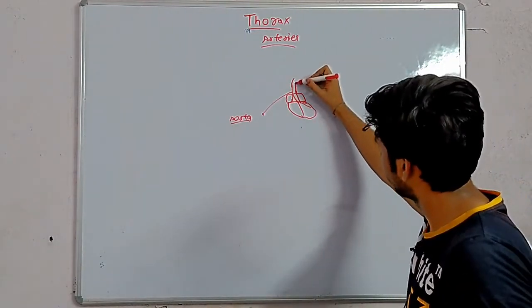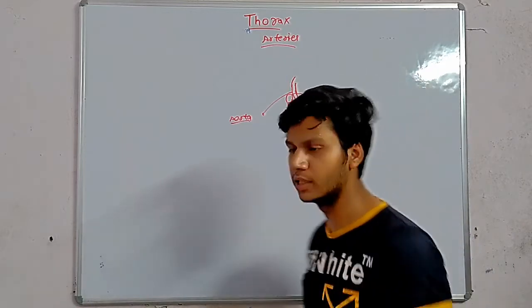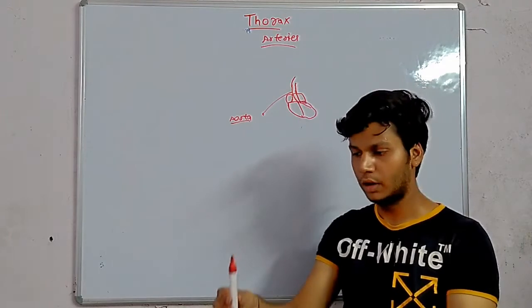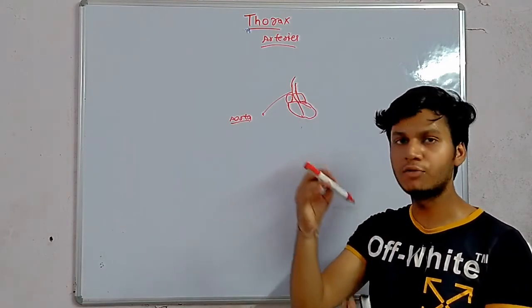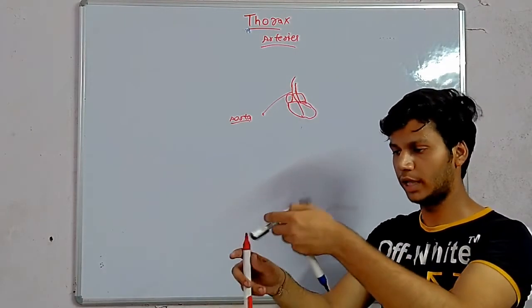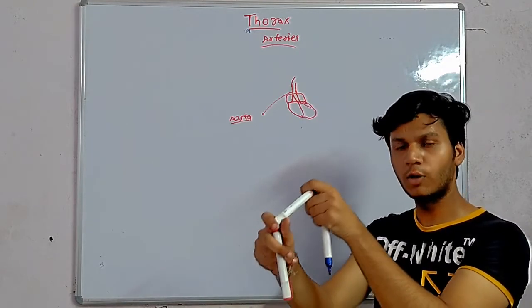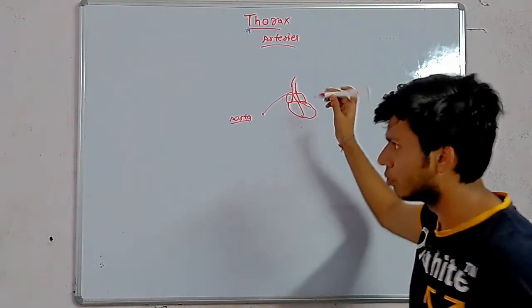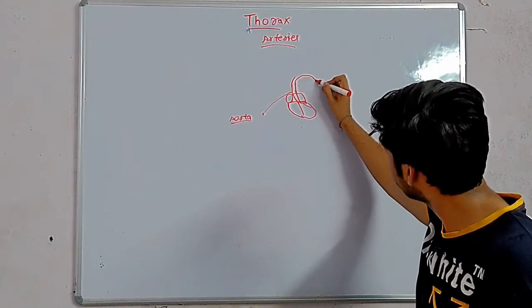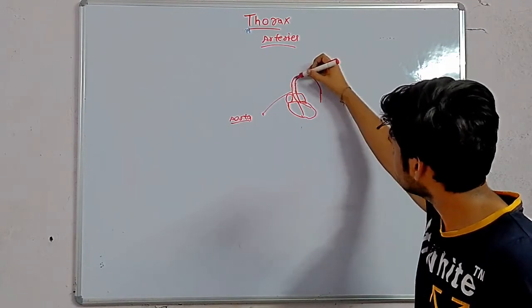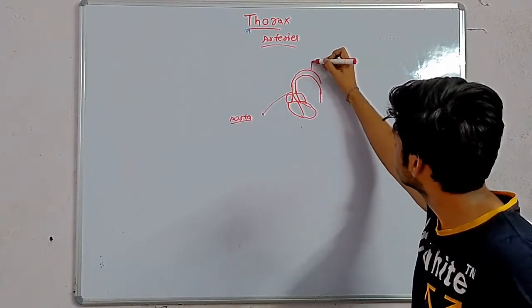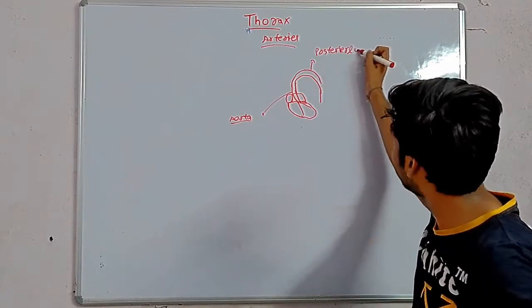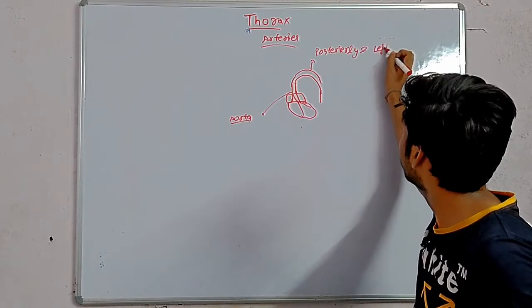Now the aorta goes like this. It emerges from the heart and goes posteriorly and to the left side. Posterior left side, like this. Posterior to the left, from the heart to the posterior side, and goes posteriorly left.